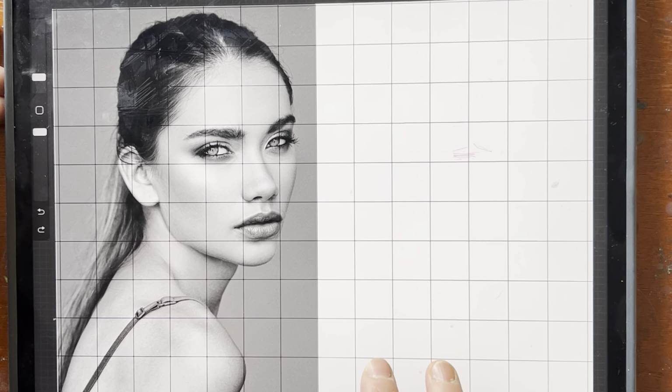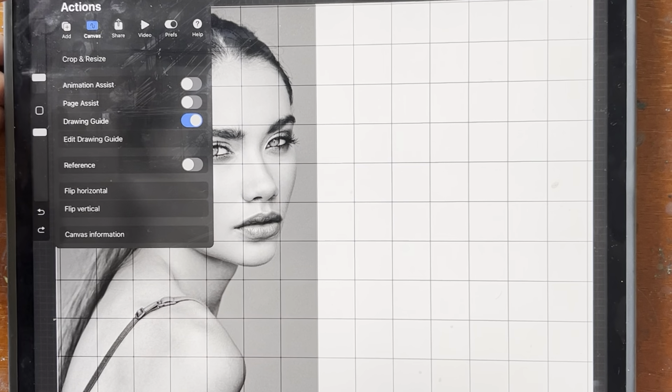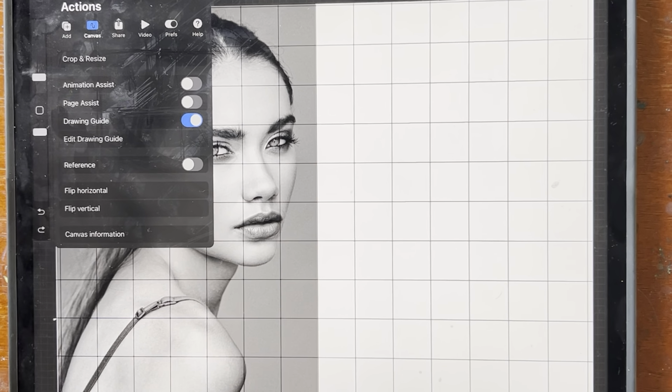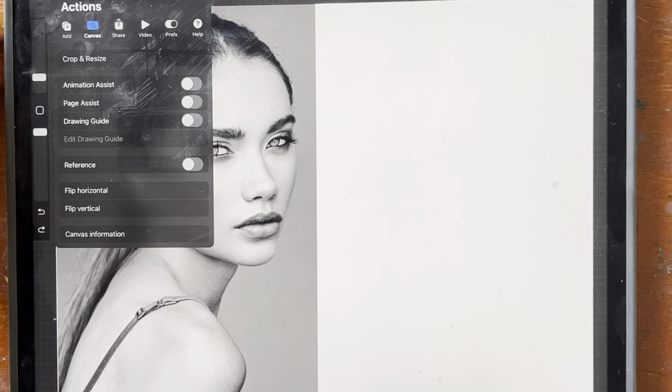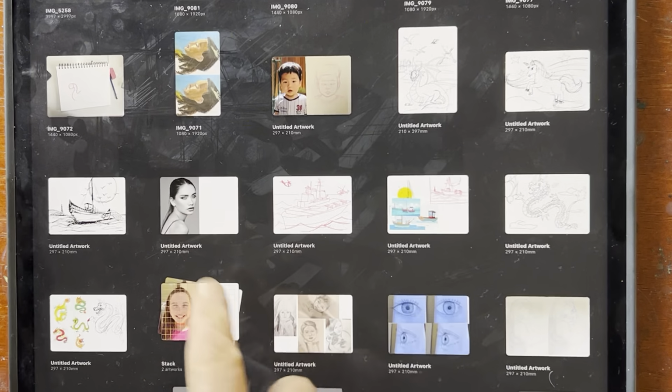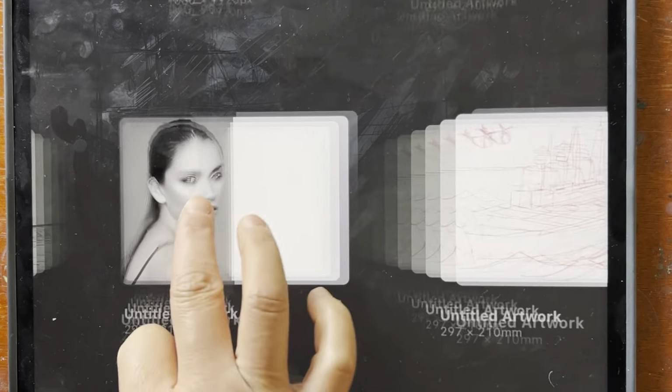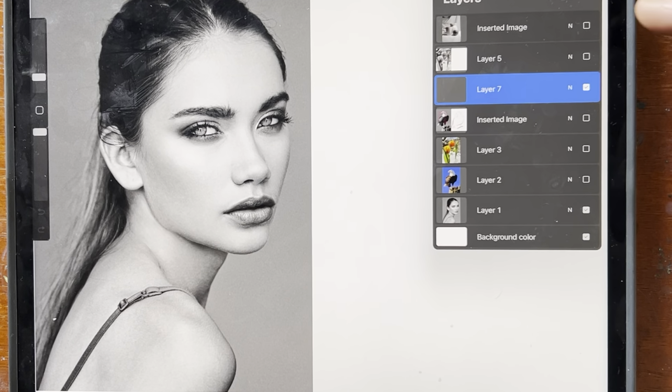Not an invisible one. So I'm going to get rid of this. Okay, freehand. First I'm looking at it. Since I don't have the grid, sorry,